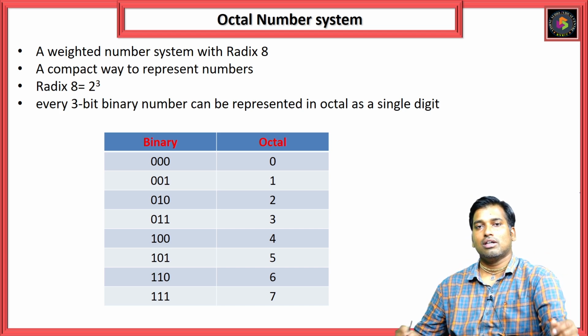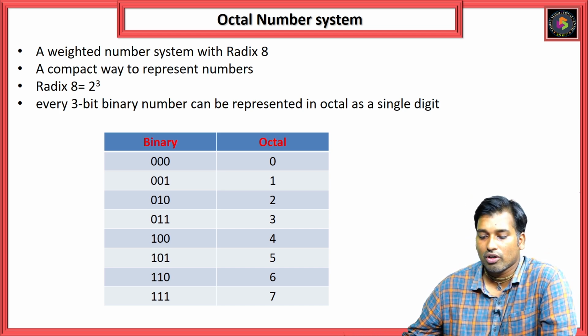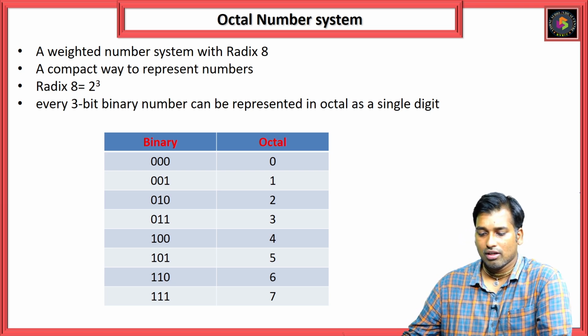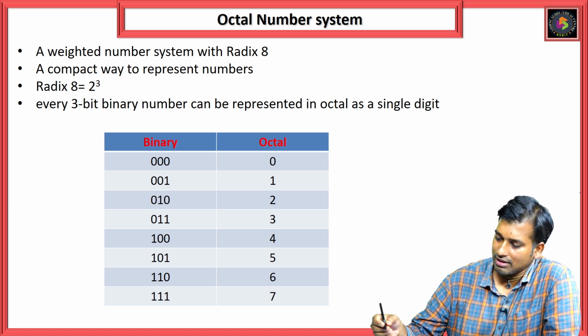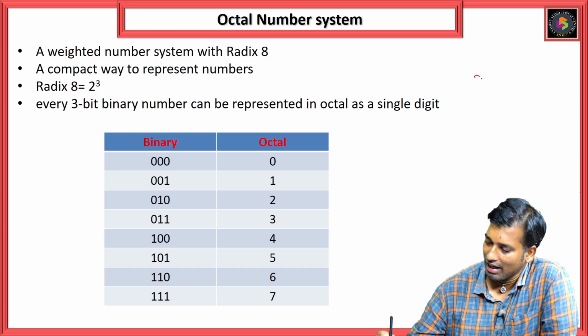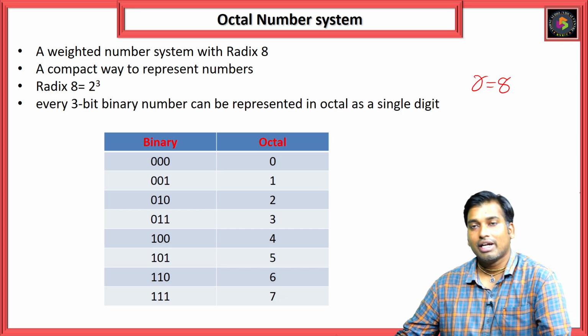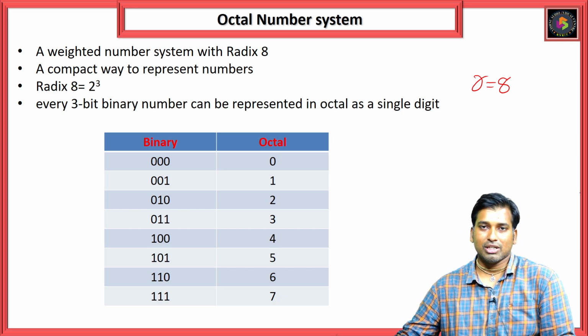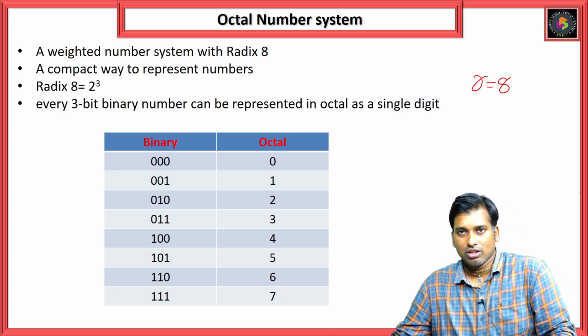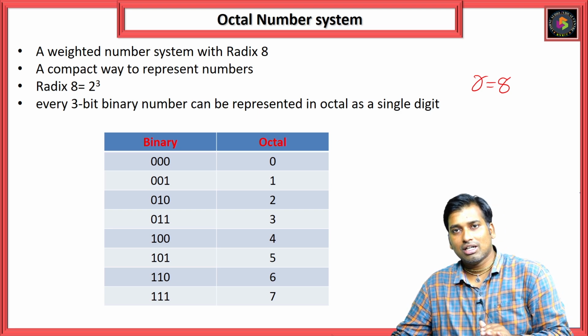So there are two important systems apart from the decimal number system and binary number system. Those are octal number system as well as hexadecimal number system. As I said, octal number system has a base 8. So why we are studying this octal and hexadecimal number system is, it's a compact way to represent the binary number system. So how we represent the octal to the binary